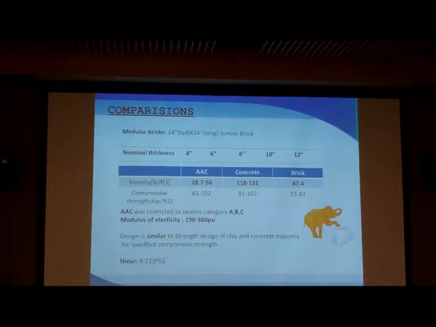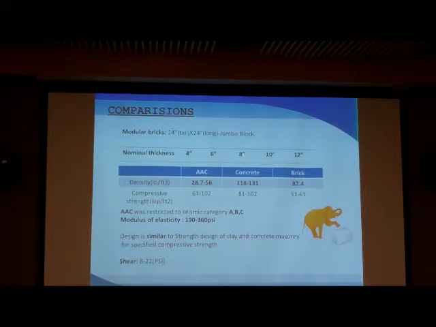I didn't mention stone because stone is way heavier than AAC. So these were nearby AAC, and it is much lighter, so light that it can even float on water. Coming to the compressive strength, even though it doesn't give a good compressive strength, it is not very low either. It gives around 60 to 70% when compared to a brick or a concrete masonry.